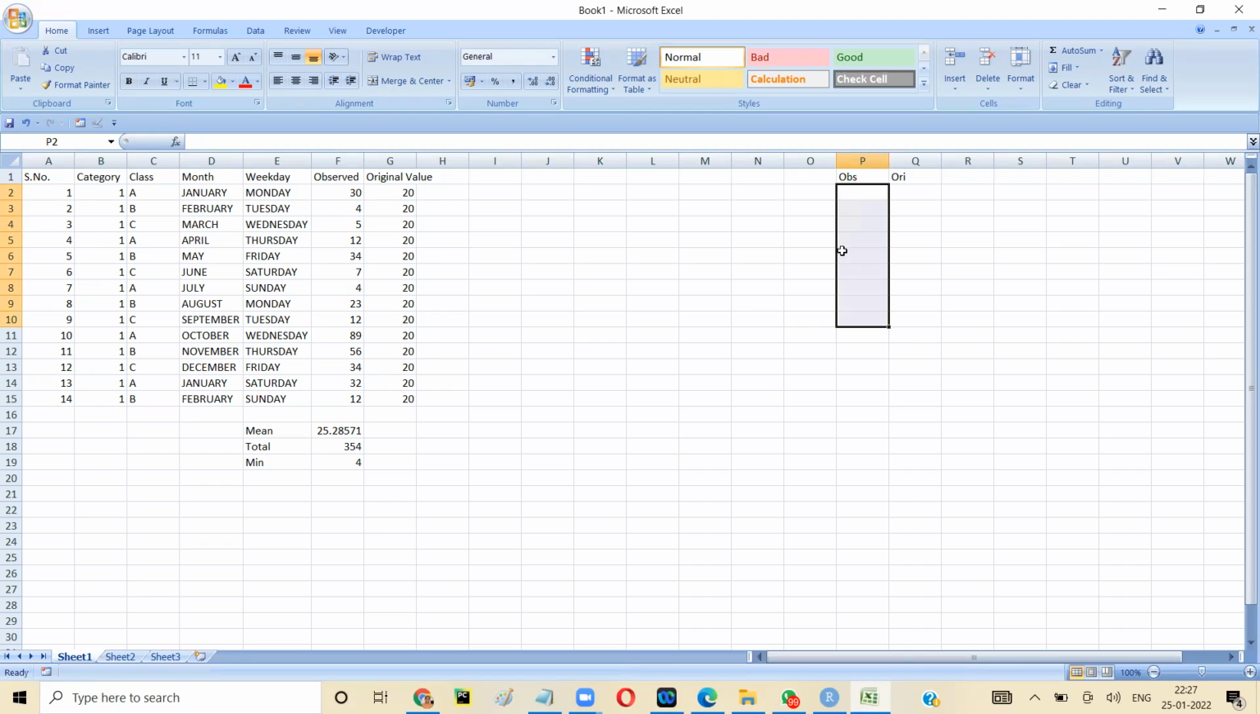Okay. So let's say I come here, and here I type equal to F2. Now the F2 reference is here. If I do Control C and paste across F3, F4, F5, F6, F7, F8, you see F8 got printed. So first you have to mention where you want to start, and then as you move along, it will